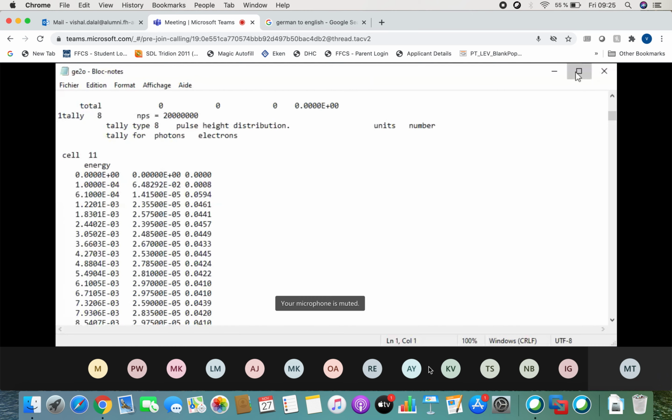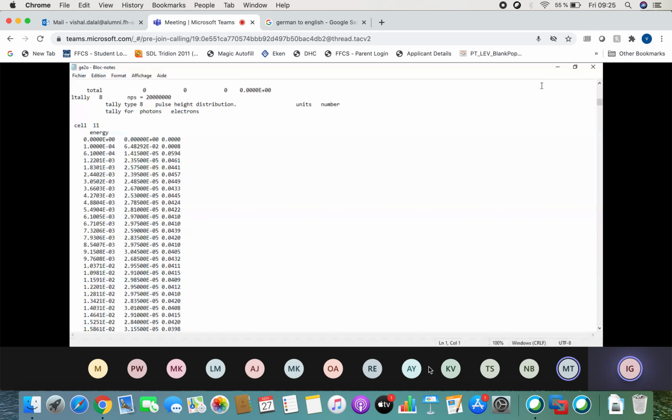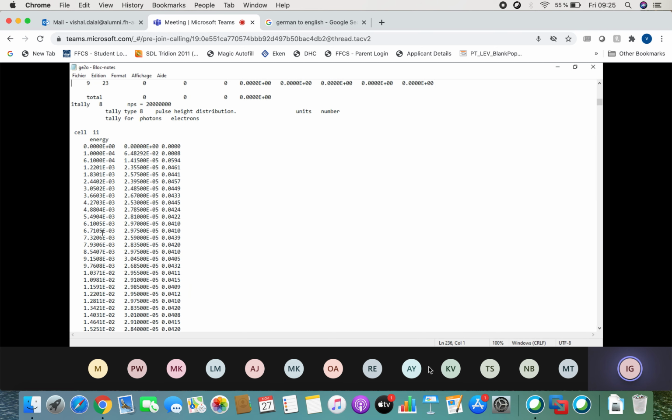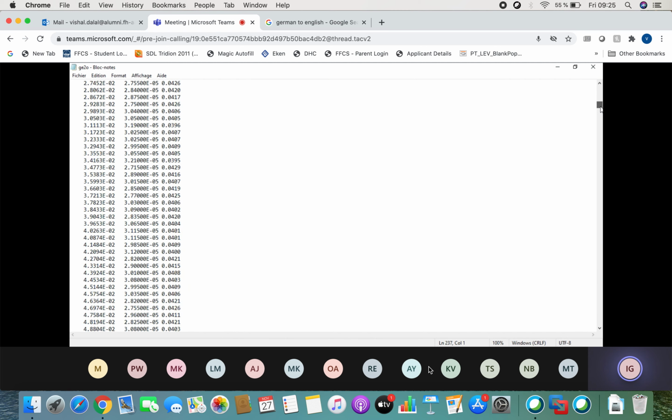Okay, so what you are looking for here is the result of the tally F8. So in that case, for instance, you see that for the tally F8, there is a certain number of particles launched. It's a pulse height distribution, and it's tallied for photon and electron, or just photon, whatever you want. And here you have the energy binning, from 0 to, sorry, from 0 to